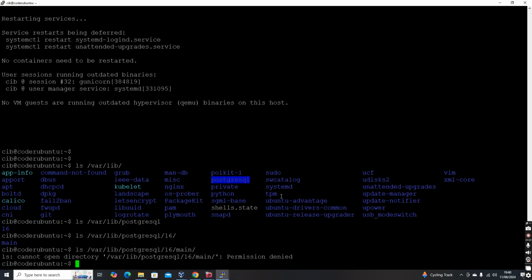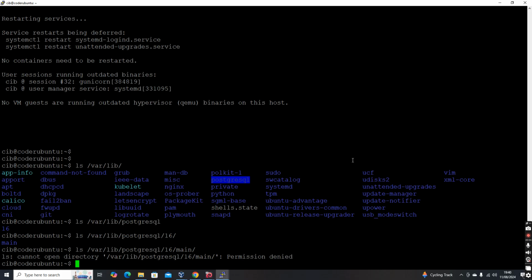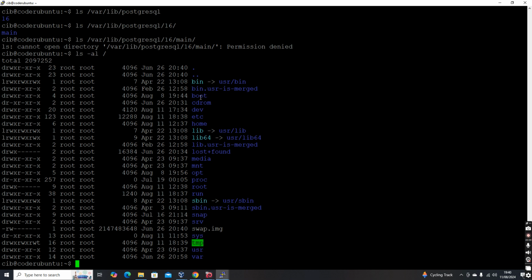Okay, so to avoid that, we usually configure it to some other location. So that's about /var. We have discussed that, and you will see it's not just this; you will see a lot of other directories within the root. /boot is again a system directory where boot related information is stored.